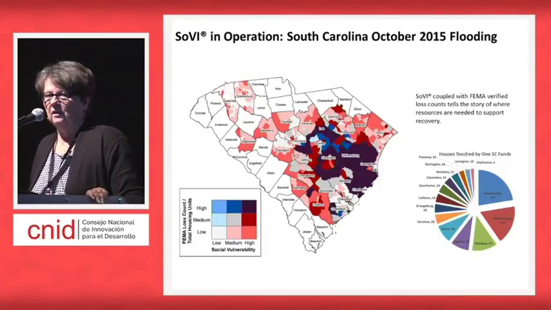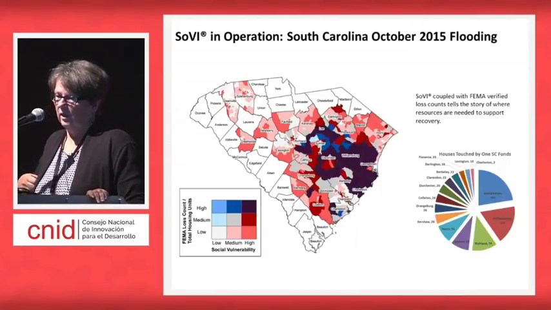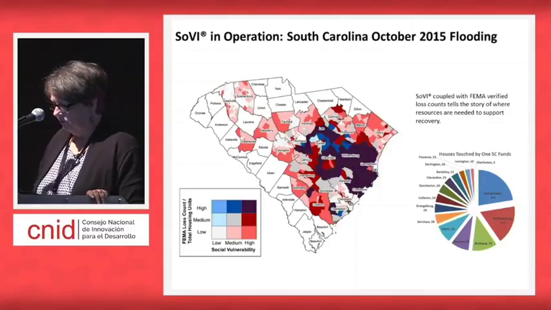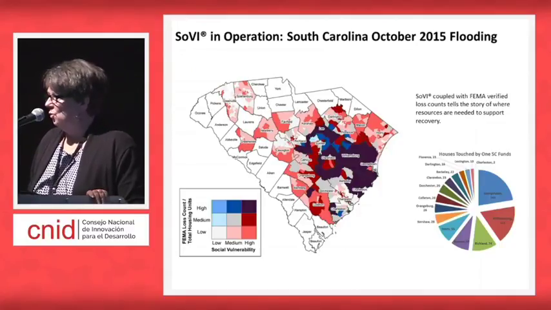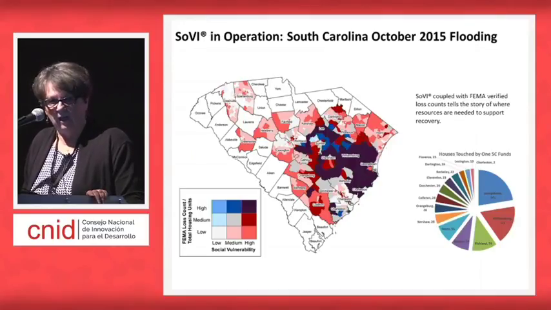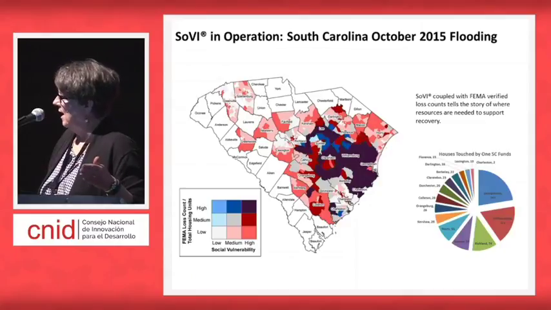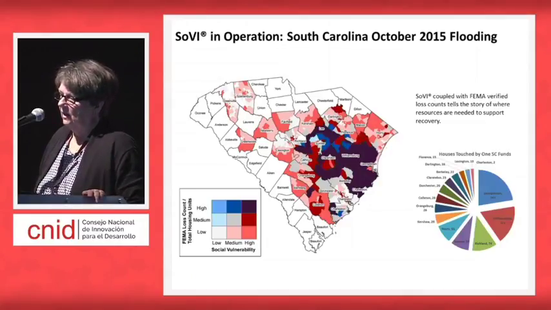And late last week, we've done a run for the state of Louisiana with the flooding in the Baton Rouge area, who also want to use this tool as a way of differentially allocating resources. And you can do it because it's an apolitical way of identifying that